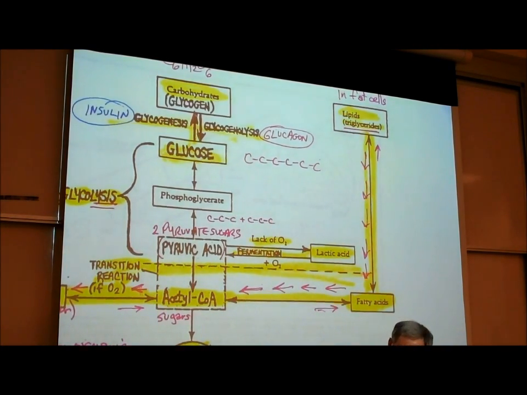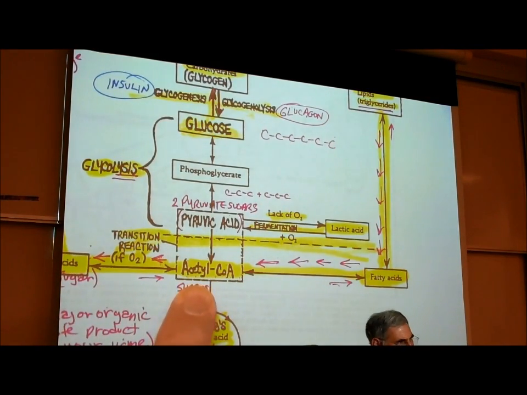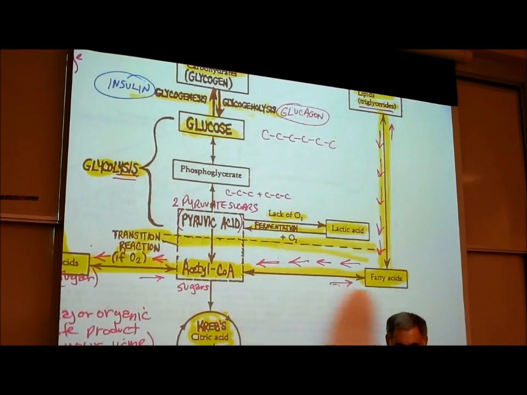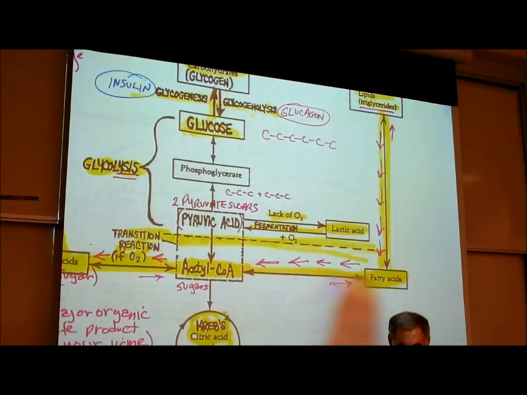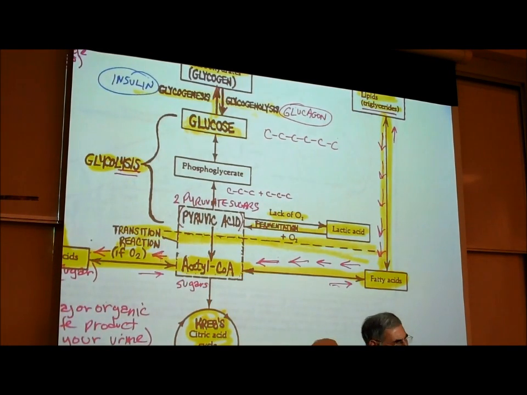Now these fatty acids can then be converted into acetyl sugars. This is also a reversible process. Sugars can be turned into fats, fats can be turned back into sugars. Hadn't we mentioned that if you eat a lot of sugar, you might become fat? So obviously sugars can be turned into fats. And fats can be